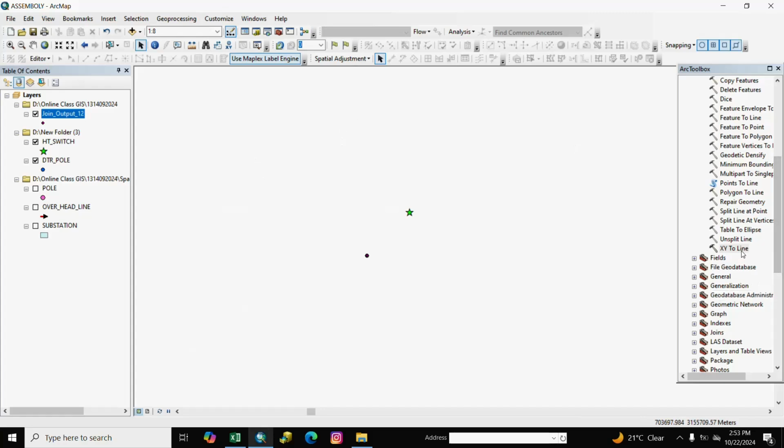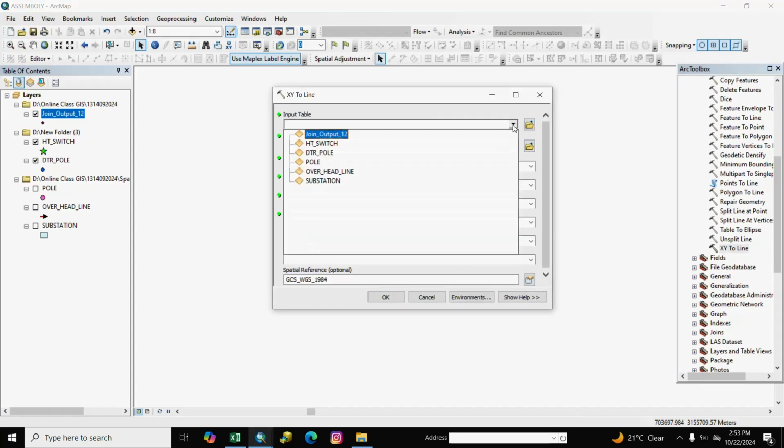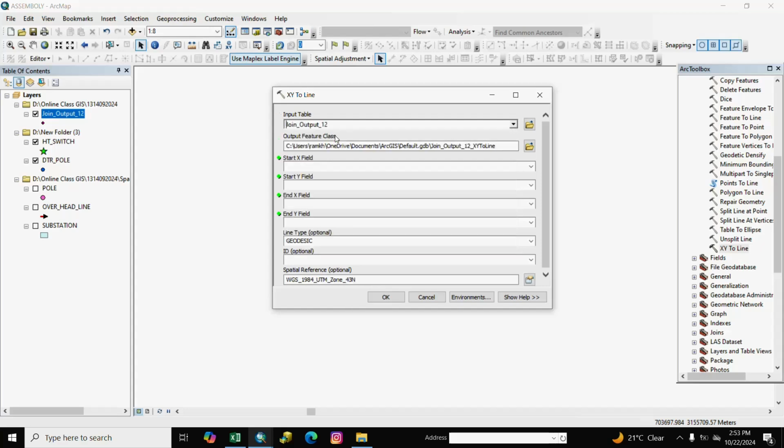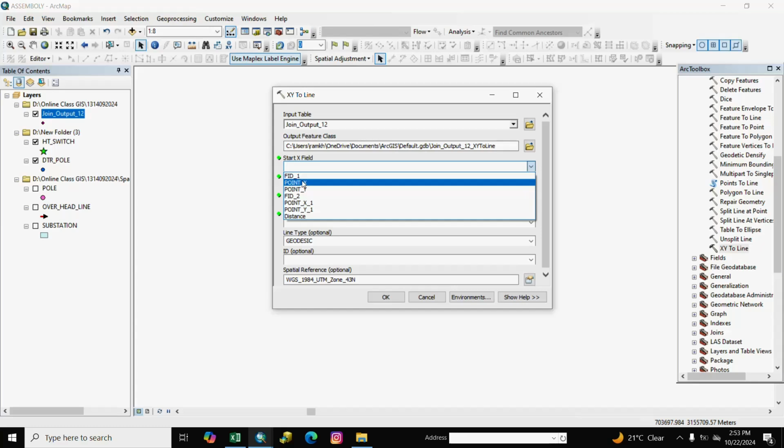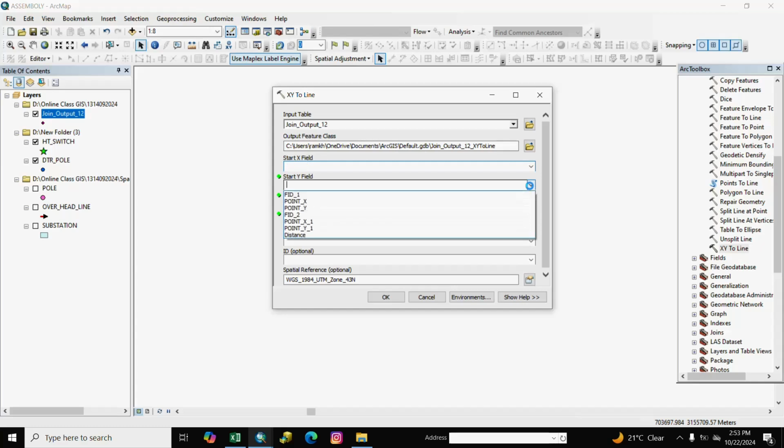After this, we go to XY to line, and we go to input, we select table, join table, and we select here start X field, means DTR pole X field, point Y, and start Y field means DTR pole Y,